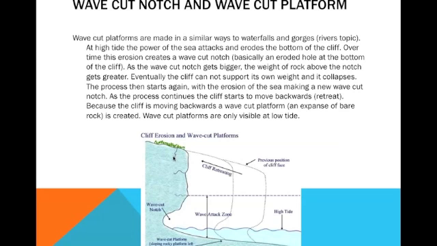So basically, that's the wave-cut notch, and then when the rock falls over time, and especially with all the other erosion, it kind of forms a platform on the bottom. So it kind of flattens. First, obviously, you've got the big rocks here, but then over time they erode and they flatten out and form another platform here, right? But you can only see it during low tide.